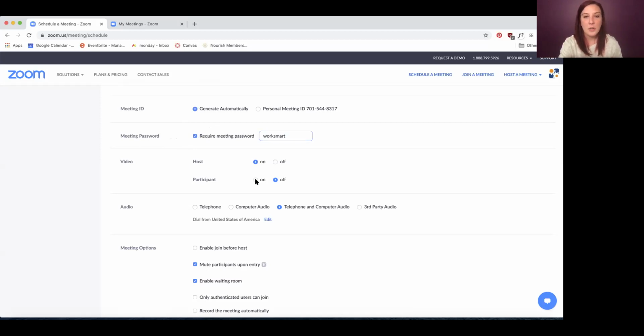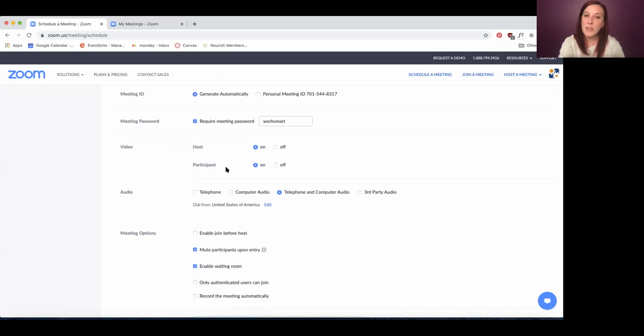And then you can turn on the host and the participants videos to start. One thing that I will note with this participant video is that you can turn it off, but your participants will still be able to turn it on within the meeting. So if you don't want people to be able to enable their video, I recommend that you use the webinars. But once you have the meeting going, you can lock down all video sharing so that nobody will be able to activate their videos except for the host.